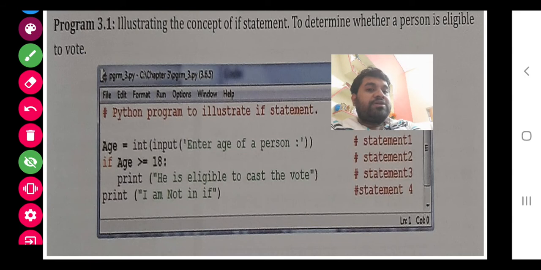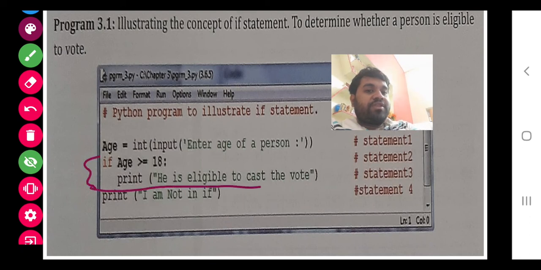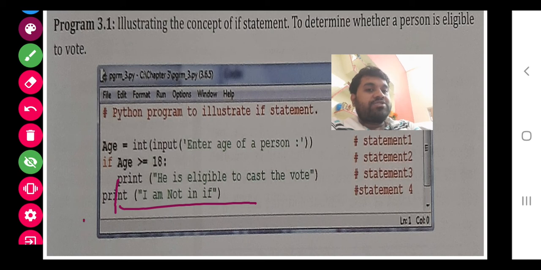So class, first of all, age, that is the variable, we have to take, then the condition we have to give, then the related statement. This will display after the if, this whole construct. When this whole construct finishes, then this will run, because you can see that they have not given indentation. I mean to say, if this print had been written here, then it would be a statement of the if, but it is outside, so it is not a statement of this.